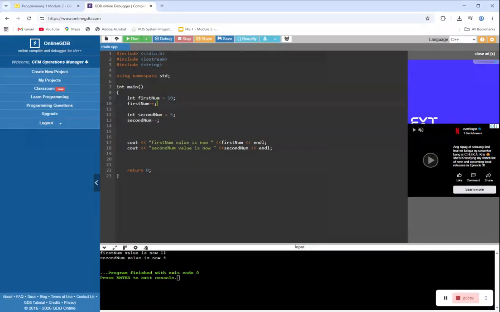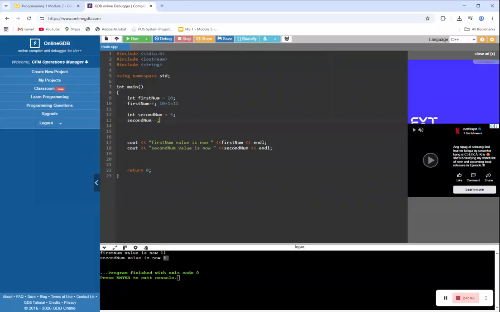Now, how did we have the result of 11 and 4? Herein it's like saying 10 plus 1 is equal to 11. So every plus plus will increment by 1.